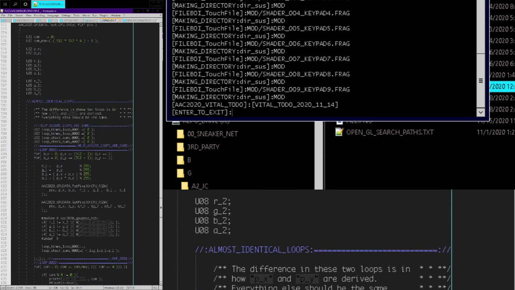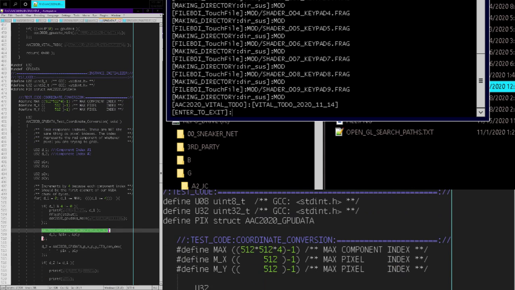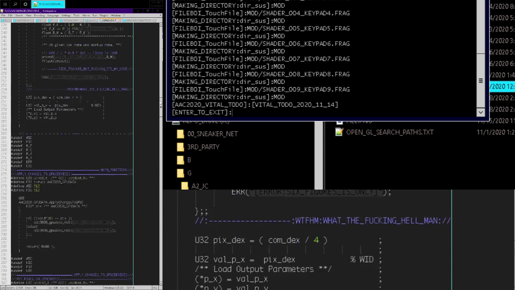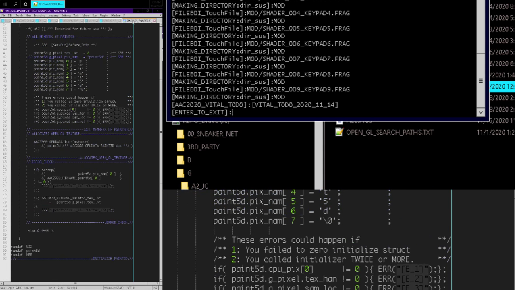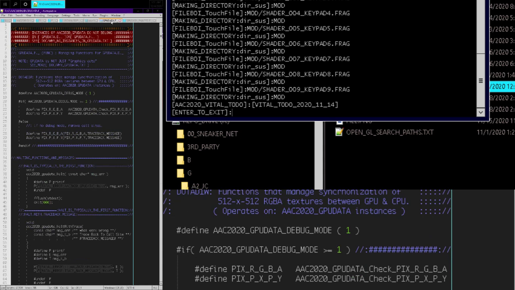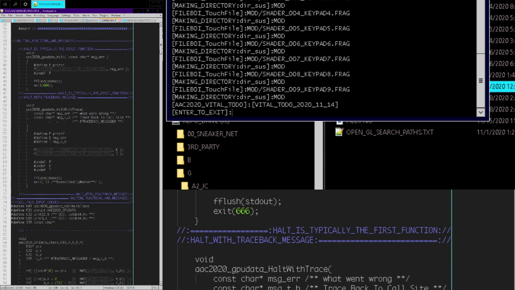So I definitely like the fact that I got these namespaces, so I know exactly what the namespaces are, like in an RPG game where you don't know where you left off. We have a vital to-do that lets us know where we left off with the GPU data. And I know we wanted some way to